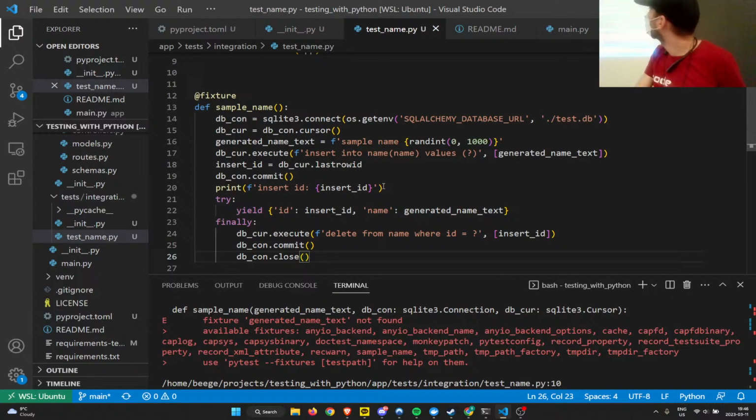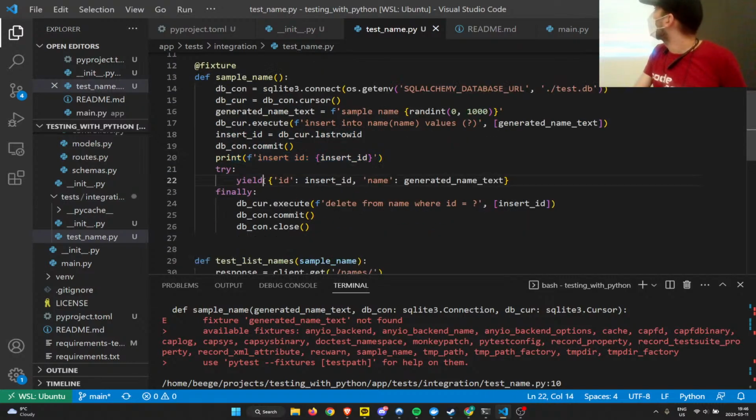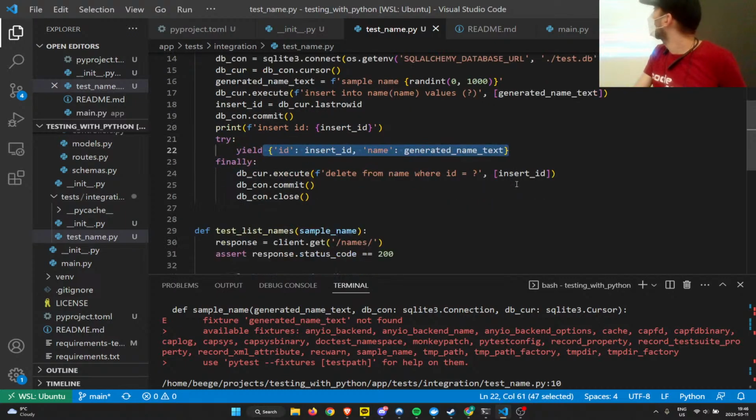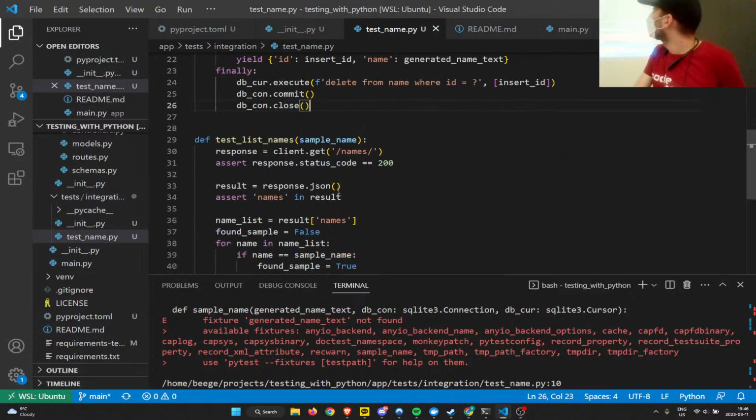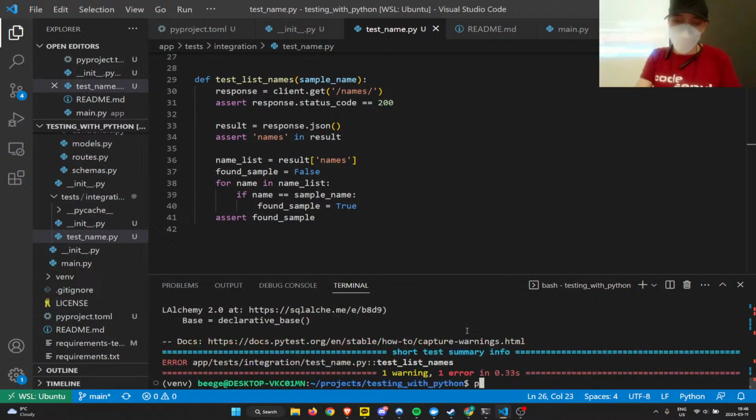So we connect to the database, we get our database cursor, we generate some fake name, we insert that fake name, we get the ID of the inserted fake name, we commit the change, print it just for kicks, then we yield out that name for use in our test, and after the test is completed, we go ahead and delete the name. So now, this should work.